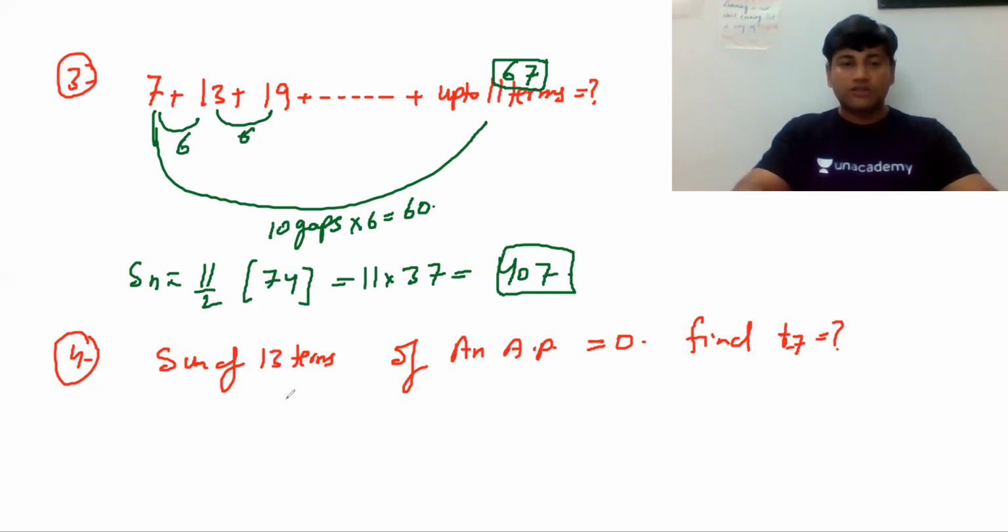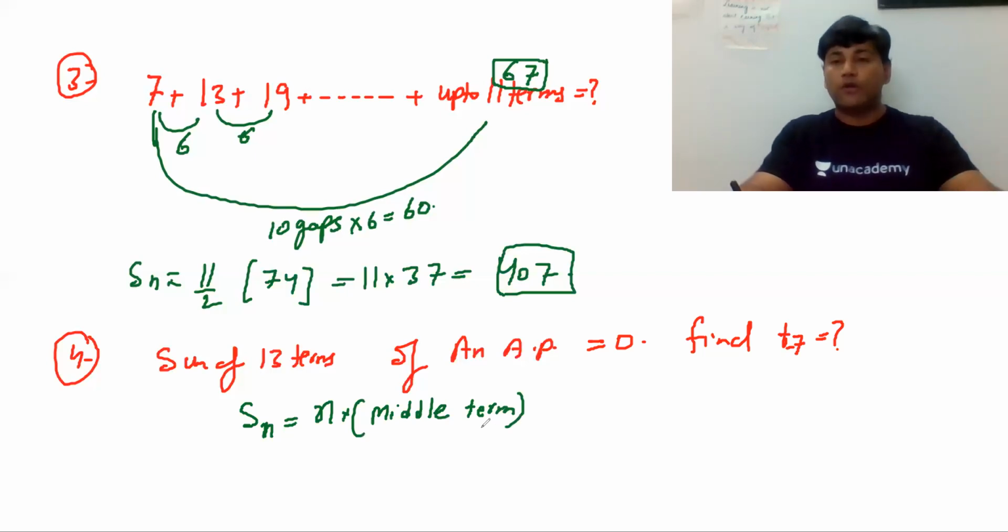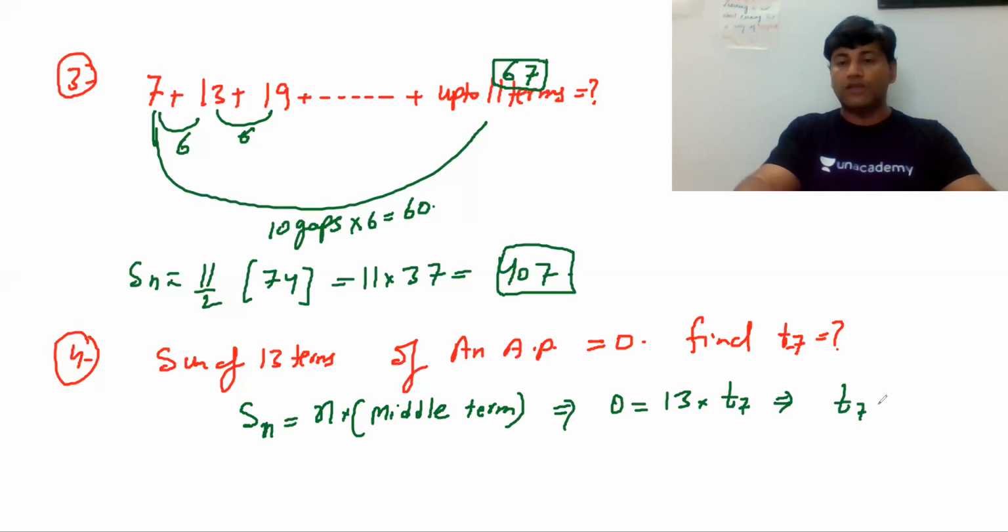Now, but there is one more formula you should know, that sum of n terms is equal to n into the middle term. Now this is a brilliant formula, guys. If you don't know this, you will find problem in doing questions with a good speed. So this sum of n terms here is given to be 0, and the number of terms n is 13, and this middle term, when there are 13 terms, definitely the 7th term will be the middle term into T7. So guys, this means that your 7th term will also be 0. So again, one more brilliant question done.